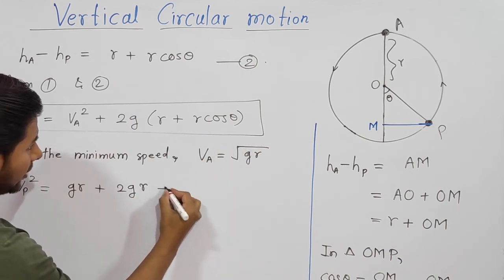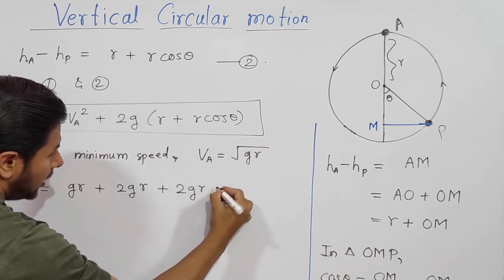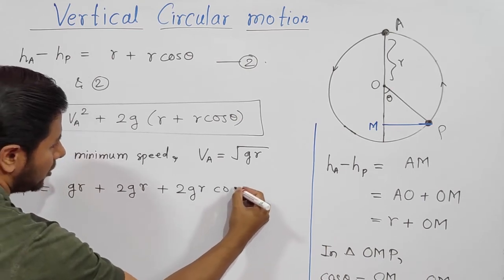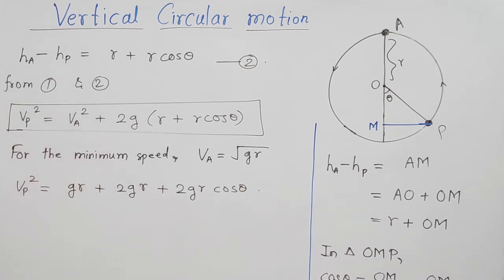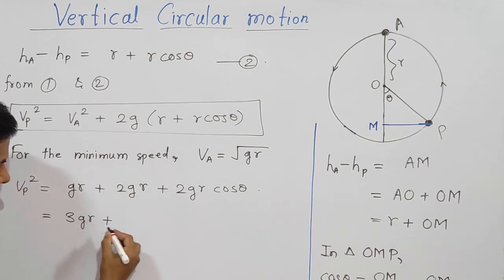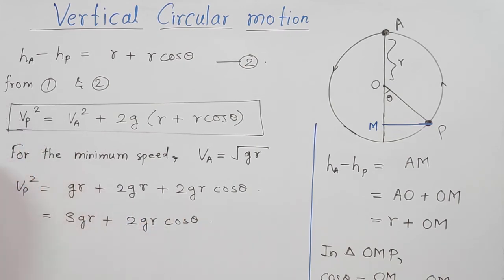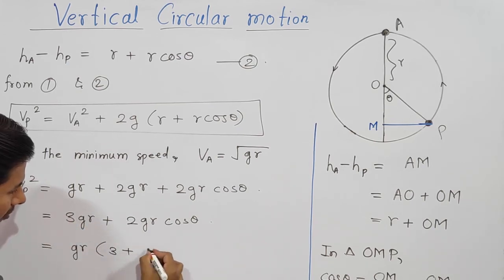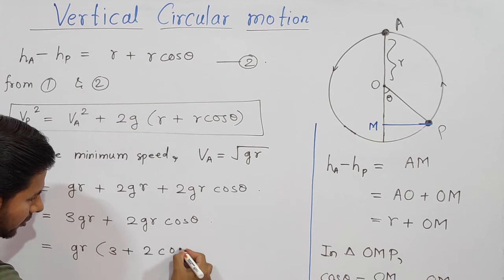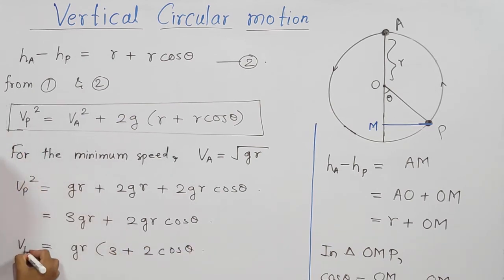So 2 times of GR plus 2 times of G into R into cos of theta. And then this is equal to GR plus 2GR is 3GR plus 2 times of GR into cos of theta. Then we can take GR common to get GR multiplied by 3 plus 2 cos of theta from the second term is Vp squared,